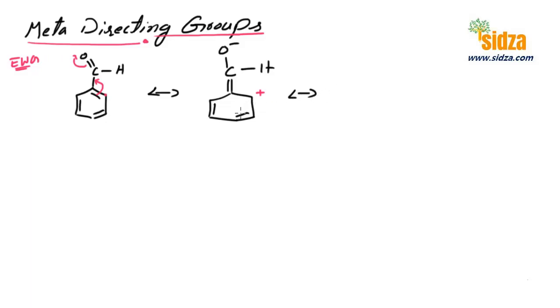And then you can further delocalize it. You can delocalize it like this, the electron pair goes here, and in that case we find that we have a positive charge over the para position here, and you get here a double bond carbon, single bond oxygen, and a hydrogen over here. And then we can draw one more resonating structure, where you can delocalize this electron and shift it towards this positive charge carbon. And therefore what you will get,